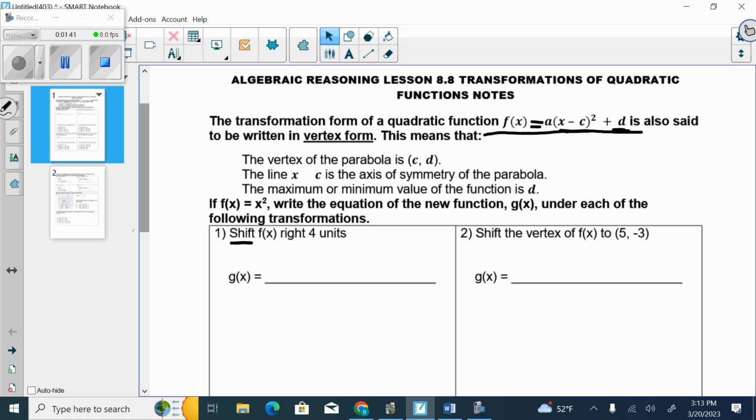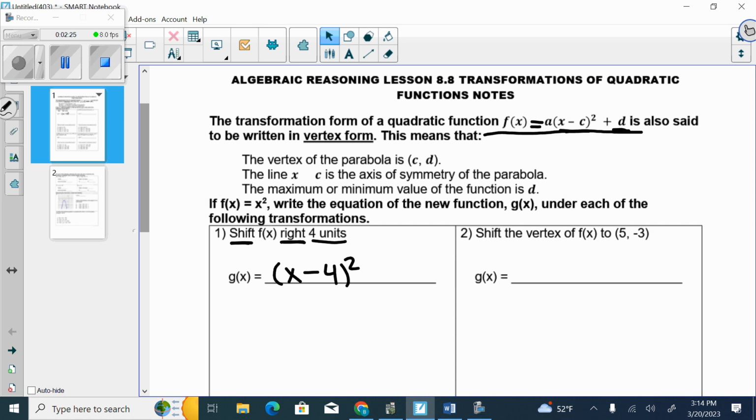So here it says that we are going to shift right 4 units. Okay, so left and right shift. Where does that go in the equation? So we put it in front with the A, in the parenthesis for C, or at the end for D. In the parenthesis, right. And remember, we always do opposite of what it says. So they did not say any stretch or shrink, so I don't need anything in front. I'm going to go ahead and make my parenthesis. If it says right 4, and it's opposite of what we think, should it be x plus 4 or x minus 4? Minus 4,